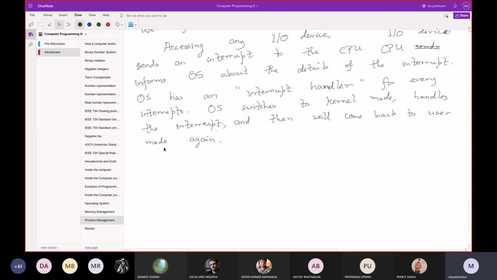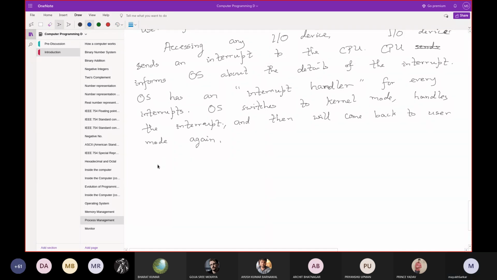Okay, and another time the switching happens. See, this switching happens without any programming. That means the application programmer is not controlling this. It has been written in the OS. Whenever someone presses something on the keyboard or the mouse, it will happen.